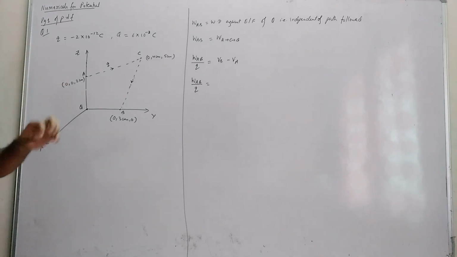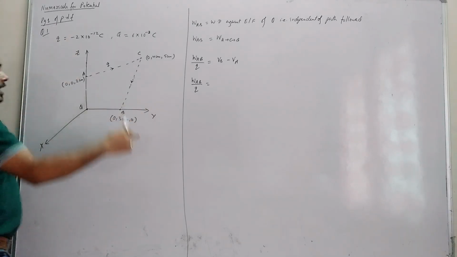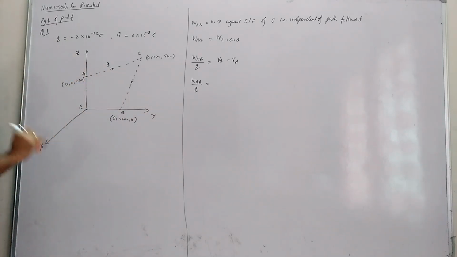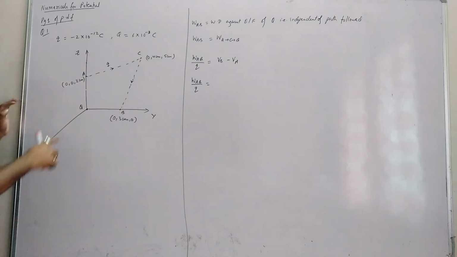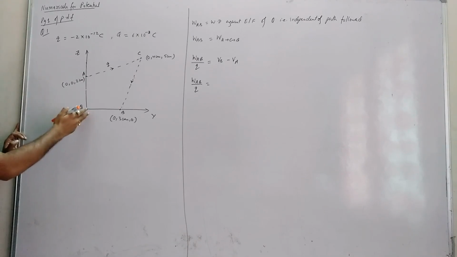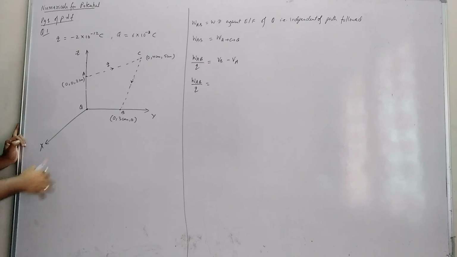One point is given (0, 3 centimeter, 0). That means that is on the y-axis. Now see, normally when I take a coordinate axis, I take x here, y here, z here, right? Or x, y, z, right? That we take. Now I'm taking y here, z here, x here. Why? Because x is just a dominant part. Why? Because there is no point here. In the question, we are not discussing anything about the x coordinate. So I'm removing the x coordinate to that side. I just have to consider the other two.